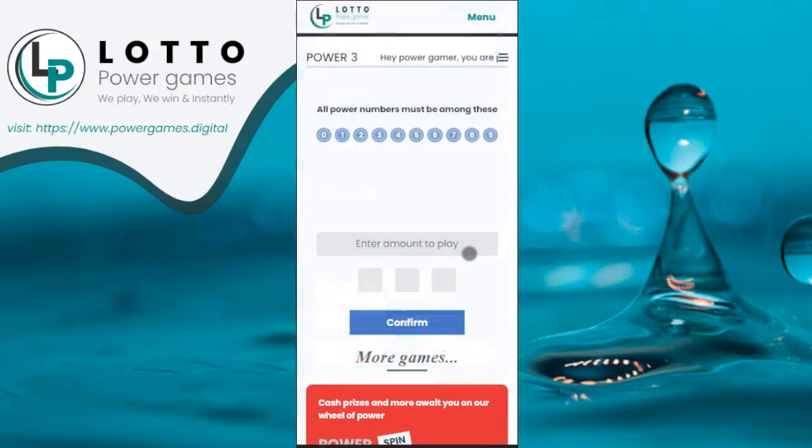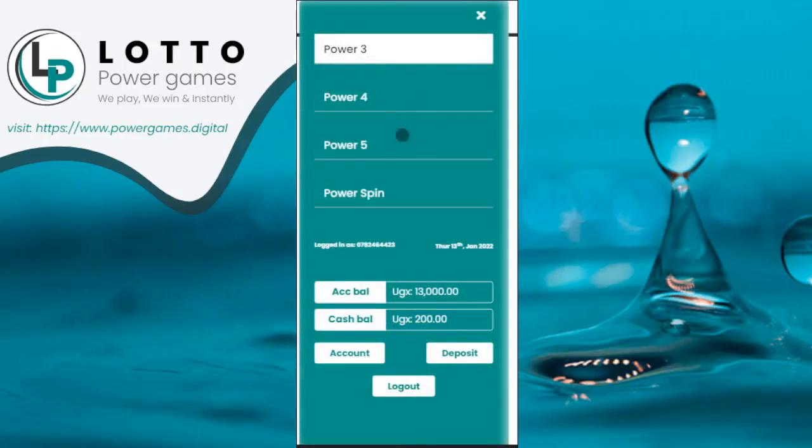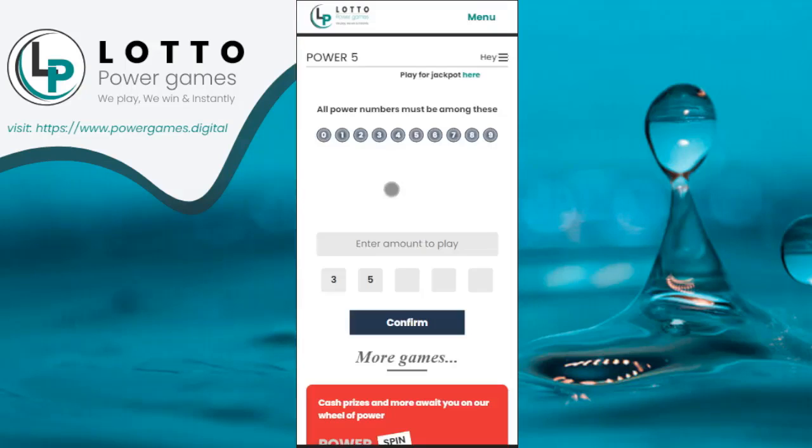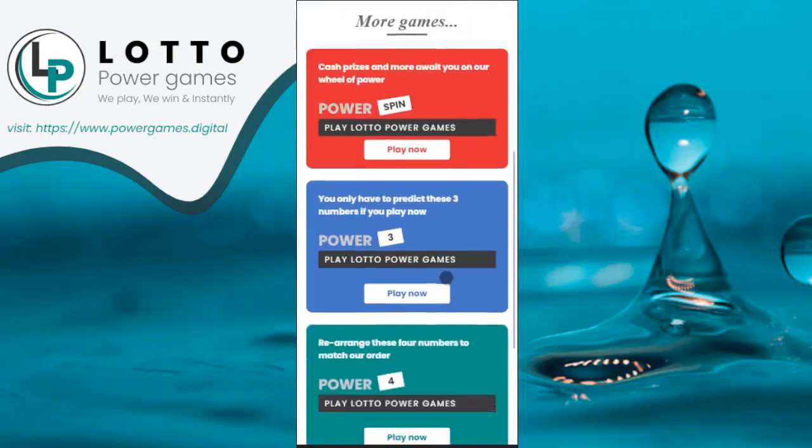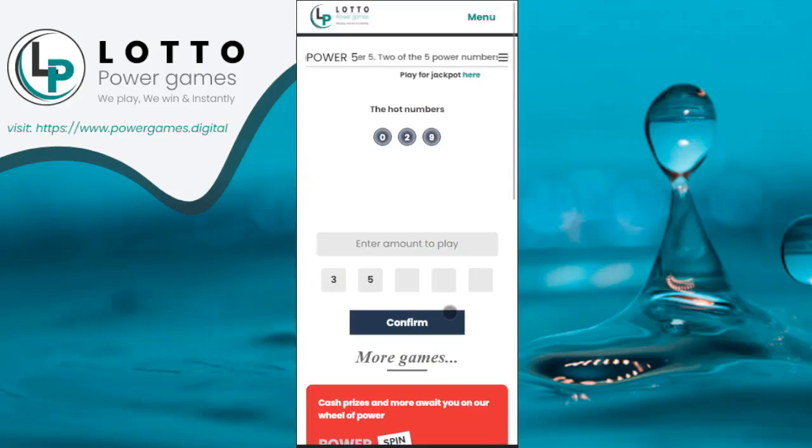But you already know that for number games, when you win, they double your stake. Now, for power spin, when you win, they give you what you win is that. Even in mobile, you will see this play for jackpot button. It will be there. And make sure you read this statement. Yeah, I think that's all